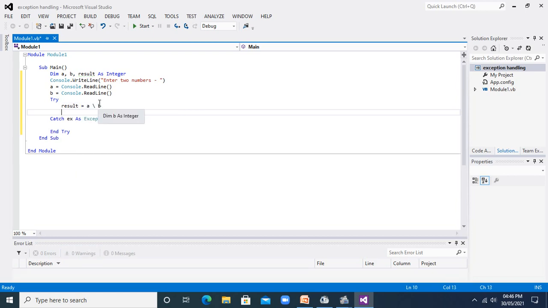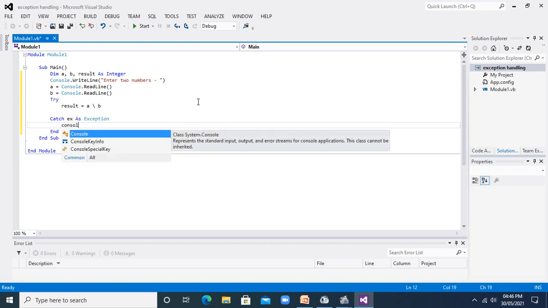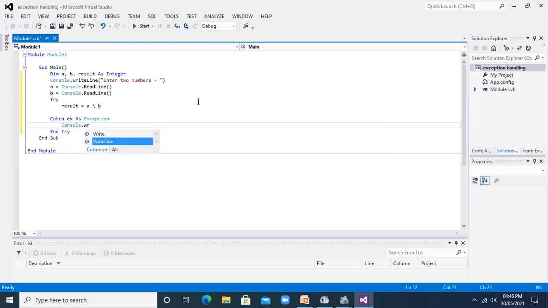Now if it is so, I will have the exception here, and I will display the message with Console.WriteLine, and here I will display the message of my exception.